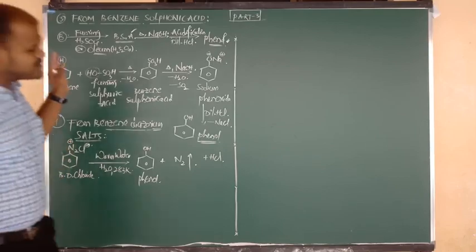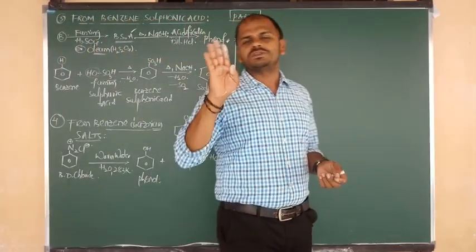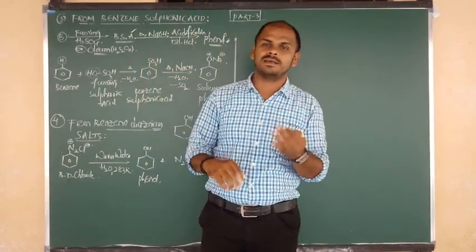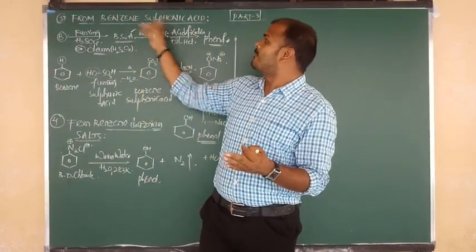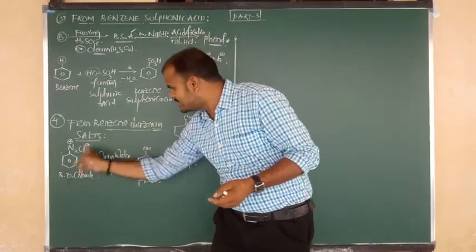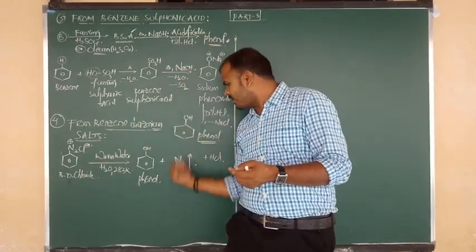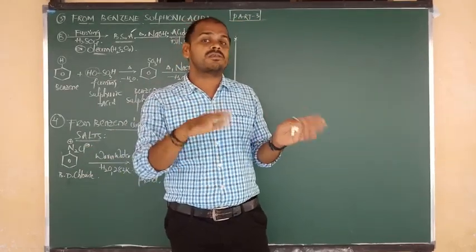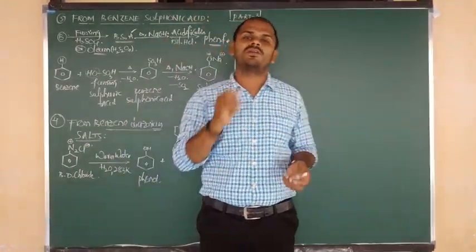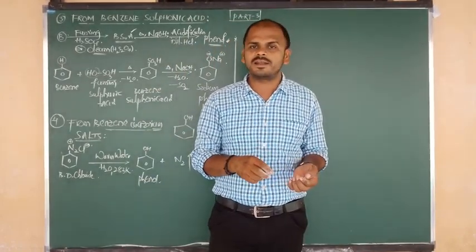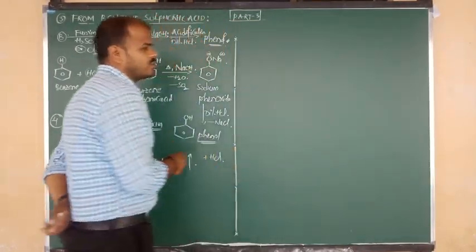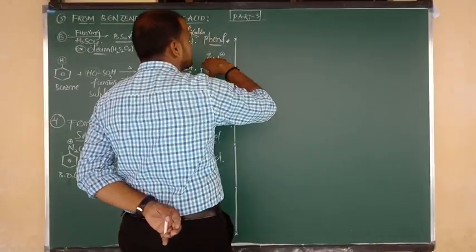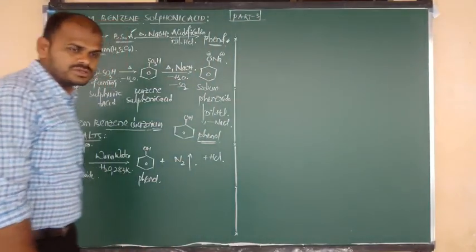Good. So up to now we have studied 4 methods of preparation, cumene and dow, that we studied in the previous class. Now we have prepared phenol from benzene sulfonic acid and from benzene diazonium salt. Remaining methods are there, but such methods are not for theory point of view. They are important for objective. I am going to discuss that, but before that objective, I am going to say one more point.